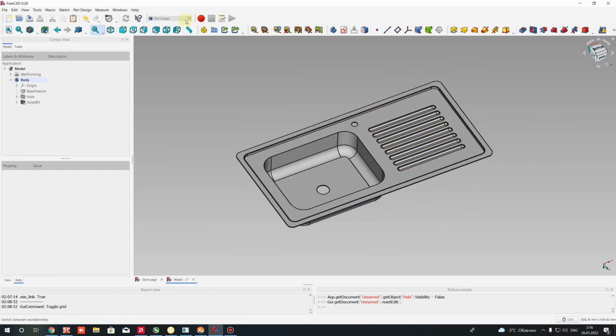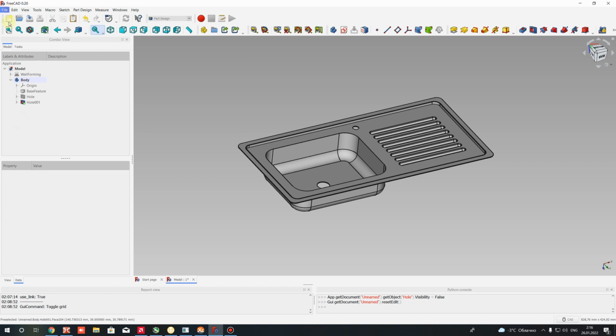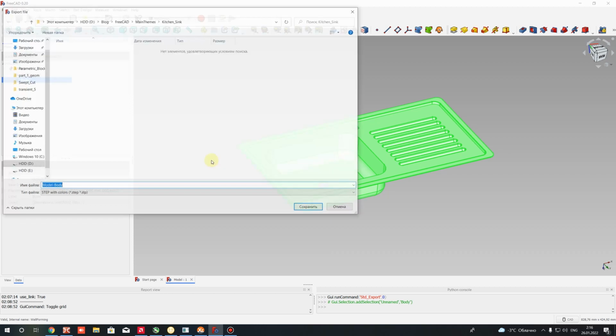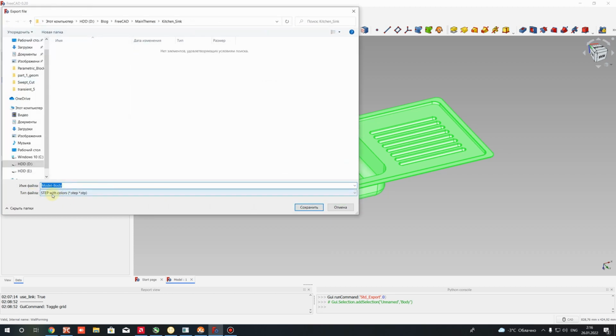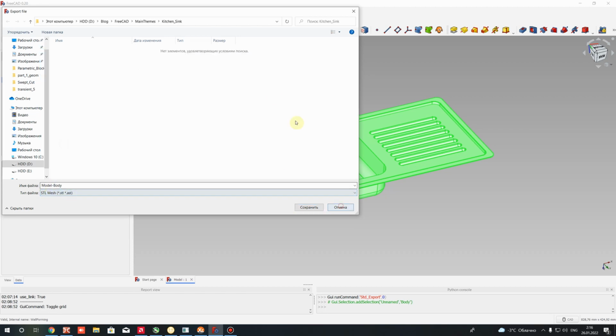using the sheet metal forming in FreeCAD. So you can save it to your project, for example, save it and export it, for example, to another CAD systems using the STEP format or STL format. So this is the